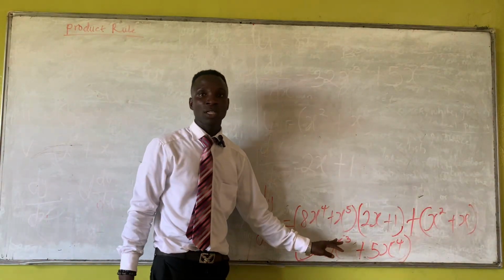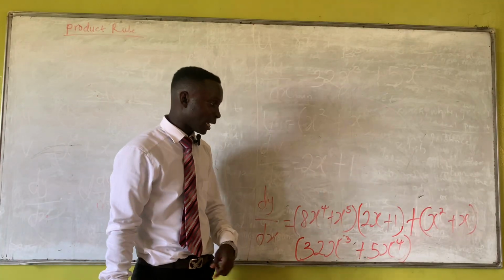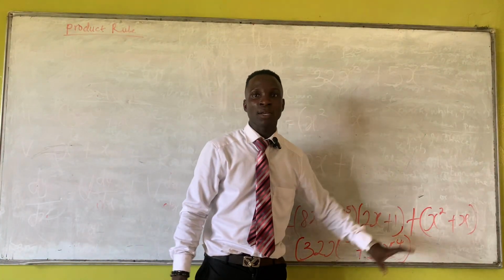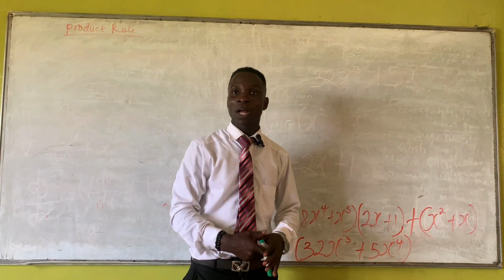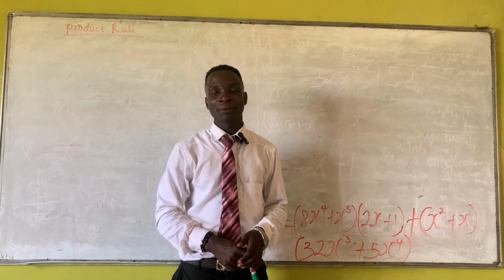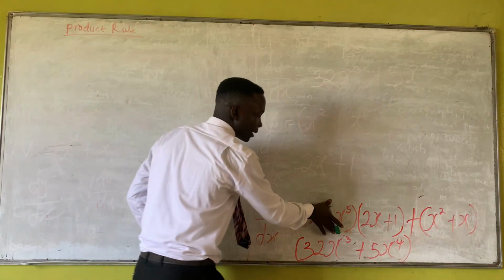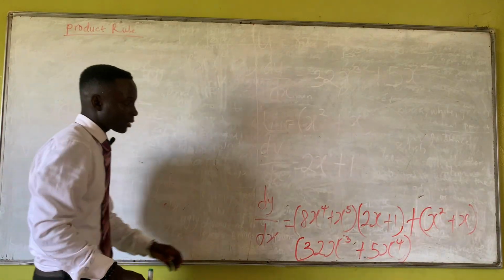So after substituting the value of u, v, du dx, and dv dx, we have to expand and open this bracket. I'm sure you know how to do expansion. If you don't know how to do expansion, go back to your textbook. All right, so use this bracket to open this. If we do that, we are going to have